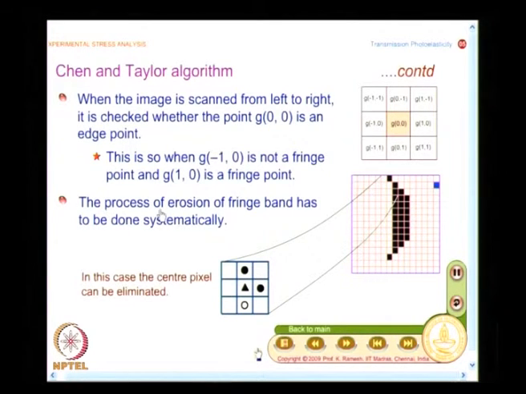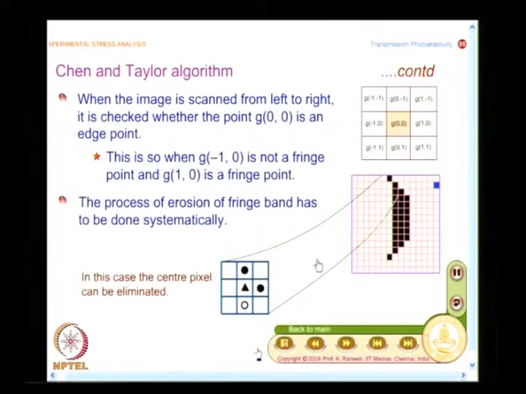So, you have a process of erosion initiated, and likewise you write it for left to right, right to left, top to bottom and bottom to top. So, if you do the image scan in all these 4 directions, it would eliminate some pixels,